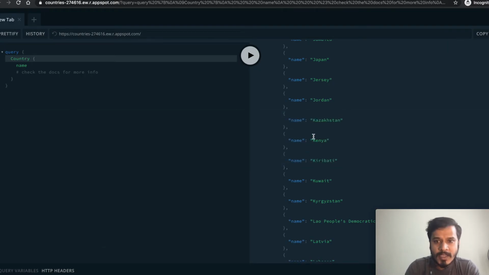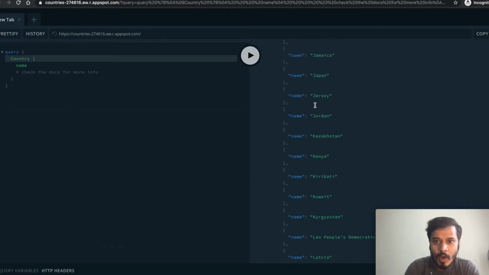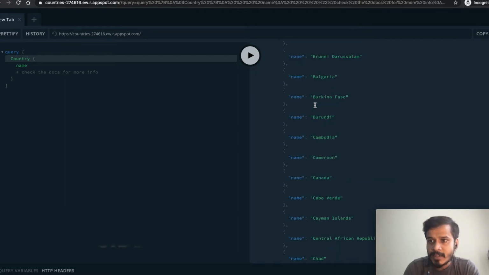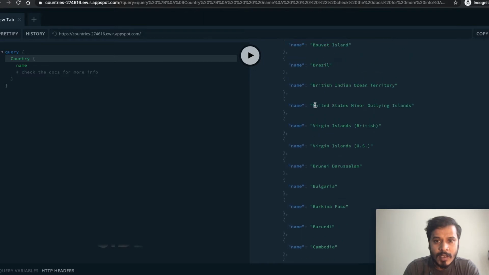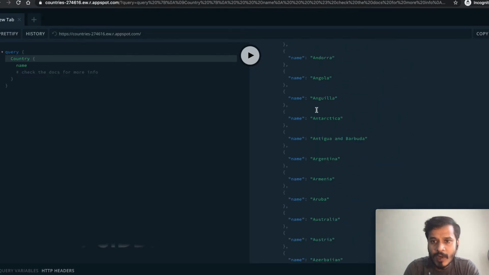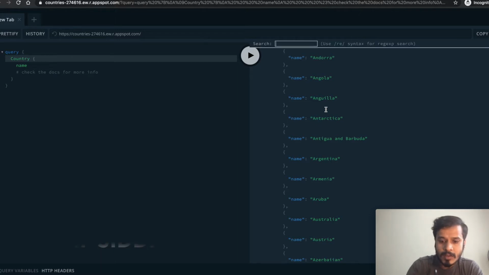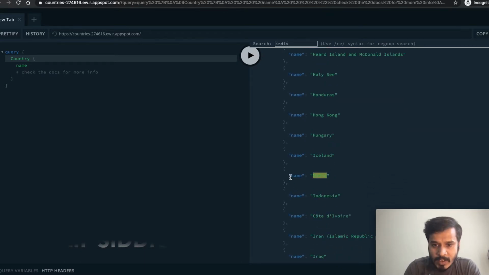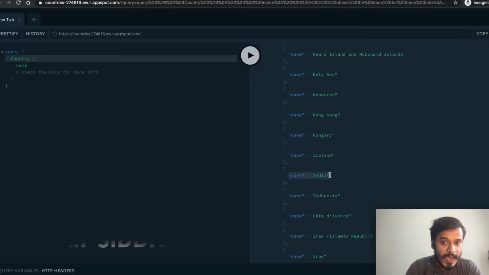So as you can see, I have a lot of response in the JSON format, and here if I want to search any particular country, let's say if India is there or not. Okay, so yeah, as you can see, we have the name of the country with India.